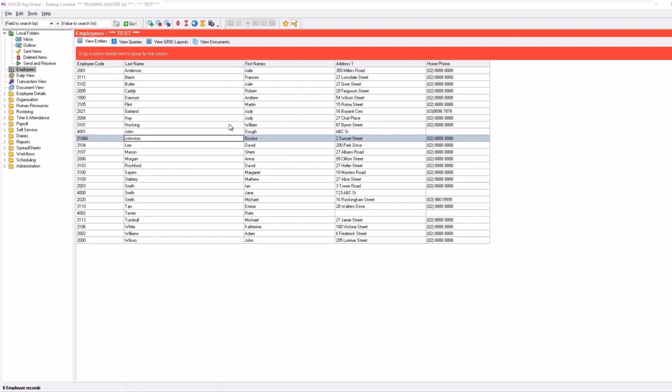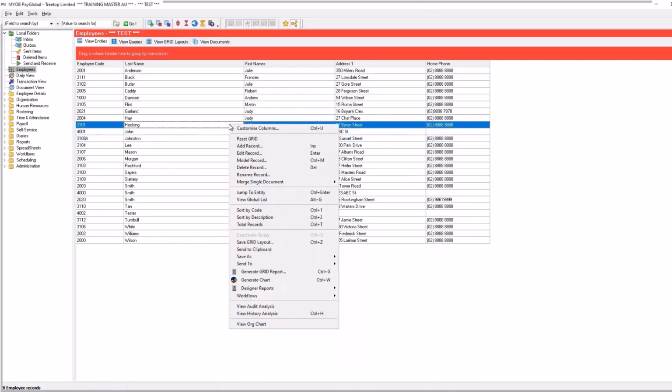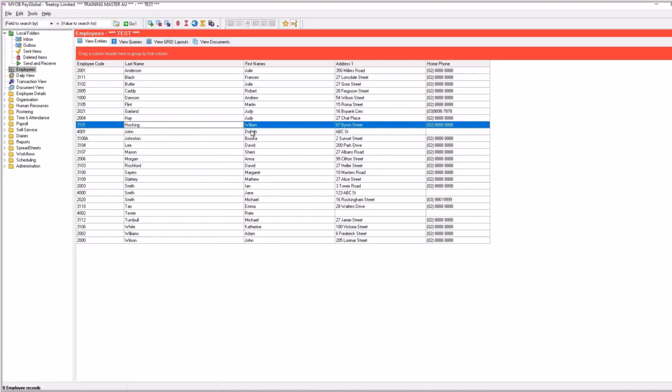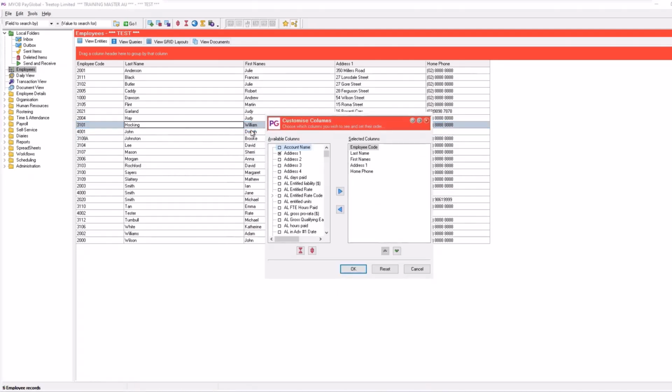To customize the layout, right-click on the grid and select Customize Columns, or press Ctrl-U. In this example, we will add Address 3, which represents the city in PayGlobal. To do this, navigate to the Available Columns area and type Add. This action will direct you to the first instance of address in the database. Select the checkbox next to Address 3 to move it into the Selected Columns section, then reposition it to sit